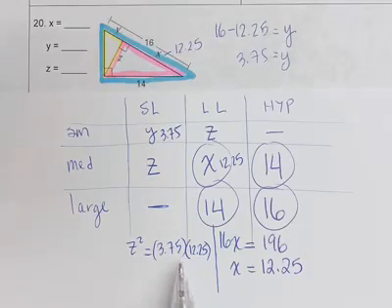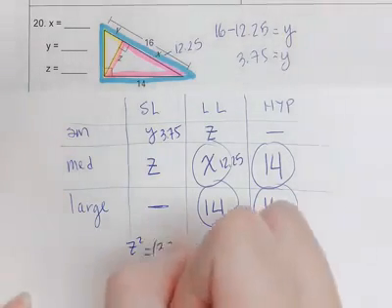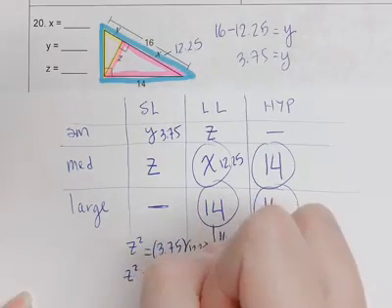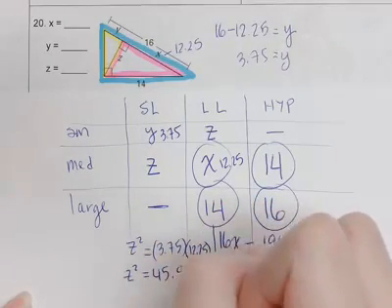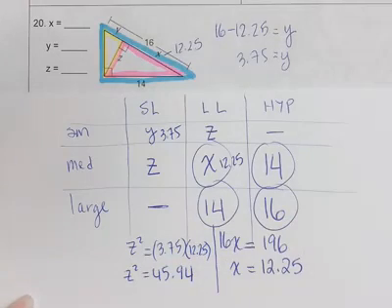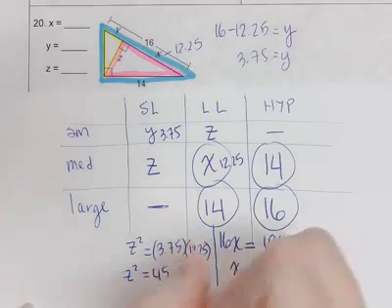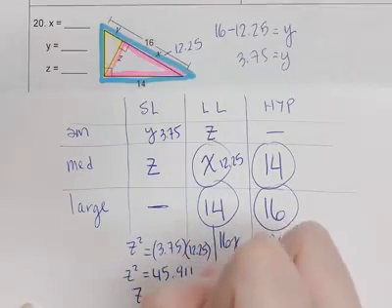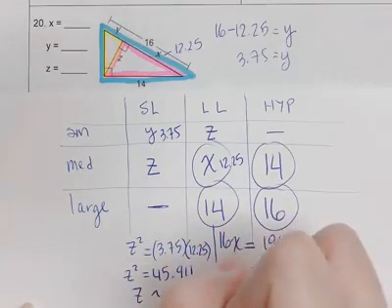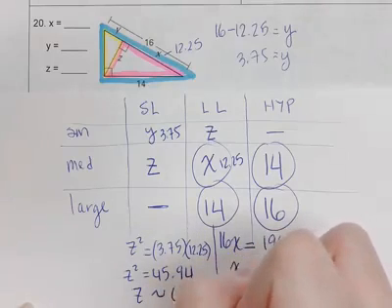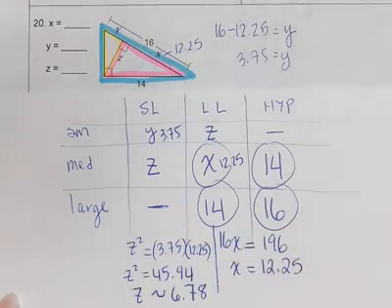I multiply these two values together, and I get Z squared equals 45.94, rounded. And then I would take the square root of this messy number. I would get Z approximately 6.78, rounding